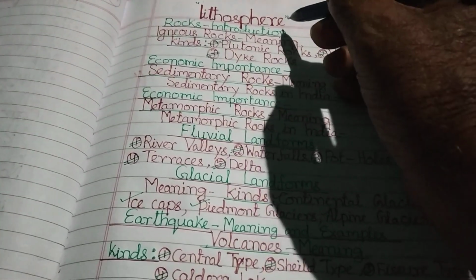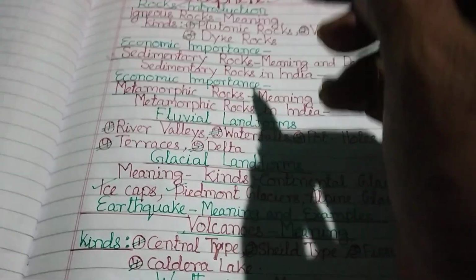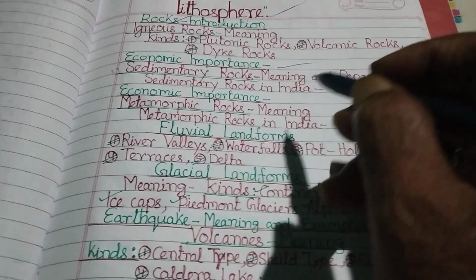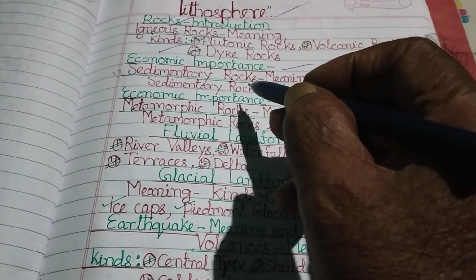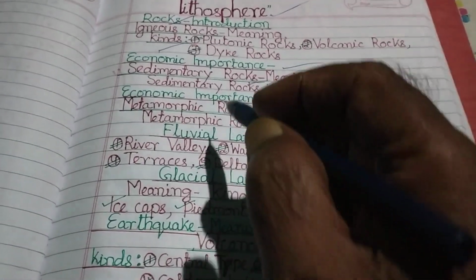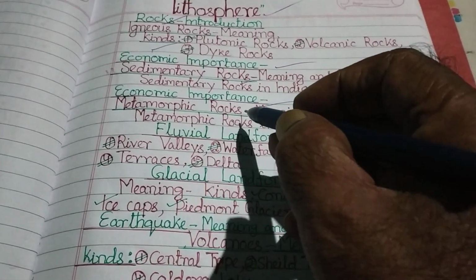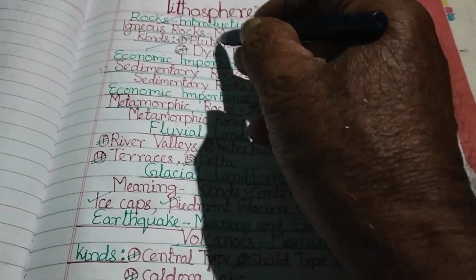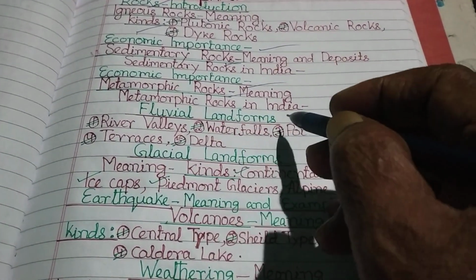And here under lithosphere, first we will discuss about rocks and their economic importance and different kinds of rocks, then such as the sedimentary rocks, their economic importance, then the metamorphic rocks, igneous rocks, and their kinds, also the fluvial